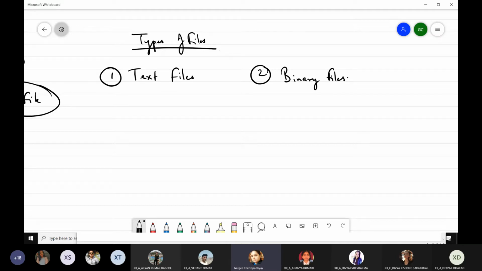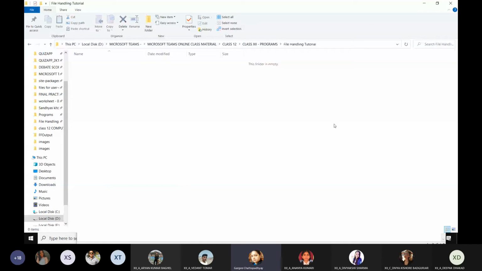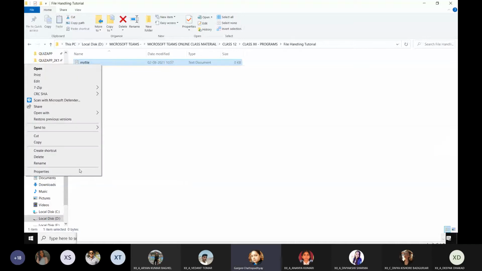A text file is a simple file which we create. Like, I'm going to this folder here, and I right click, go to new, go to text document, and I type something like my file. Press enter, right click on it, go to properties, and you check its property.